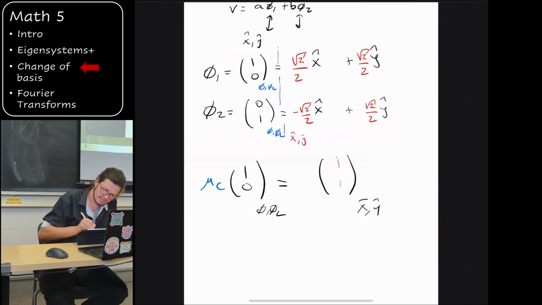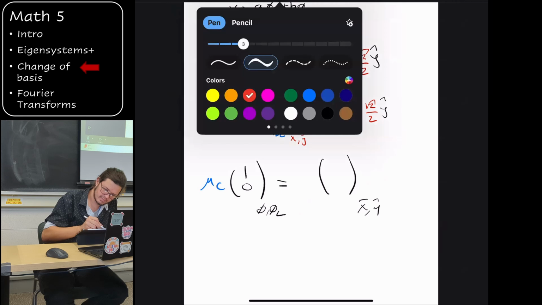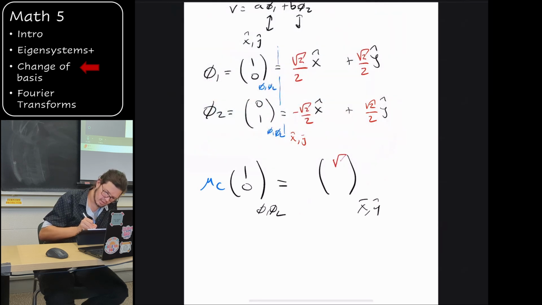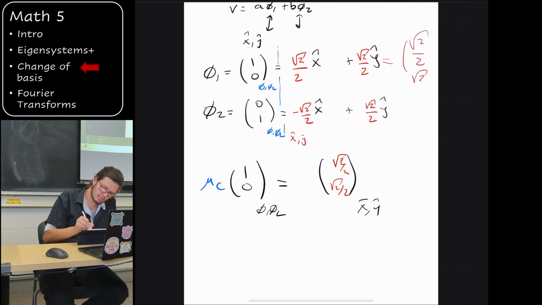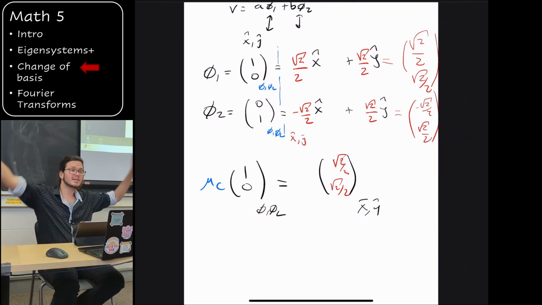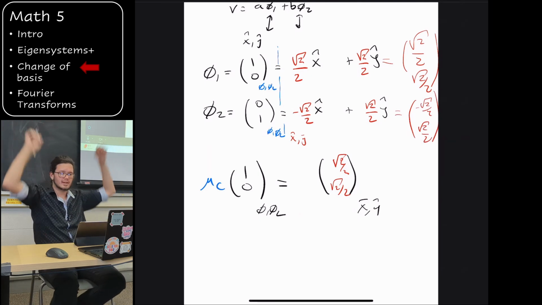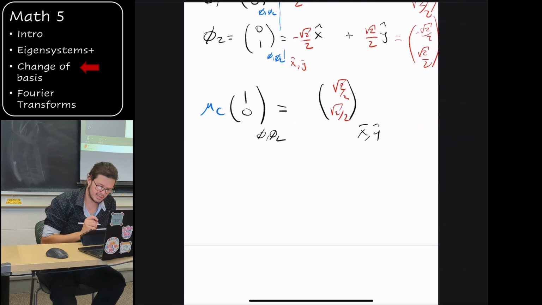Everybody's seeing that. Let me put it in red. Square root of 2 over 2, square root of 2 over 2. That's what this equation is saying, because then this is equal to square root of 2 over 2, square root of 2 over 2, and this is equal to minus square root of 2 over 2. You following me, friends? You sure? So this is what this matrix should look like, and I'm going to show you how I figured these things